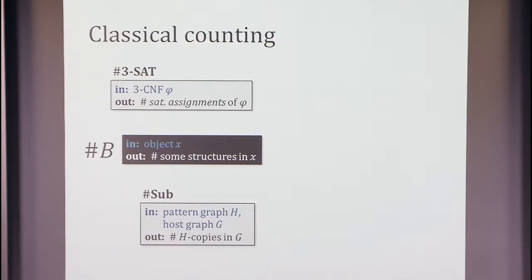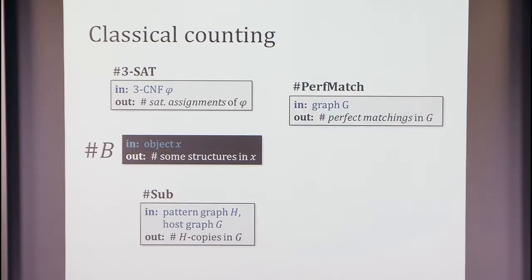Another problem would be counting subgraphs. Here you're given as input a pattern graph H and a host graph G, and the quantity you're interested in is the number of H copies in G. We will discuss this in more detail later. And one very specific instance of the subgraph counting problem would be that of counting perfect matchings, or equivalently in bipartite graphs, the permanent. Here you're given as input a graph, and you just want to output the number of